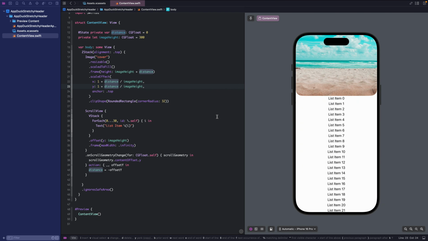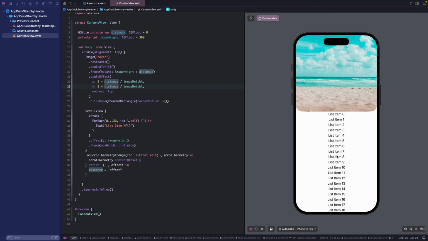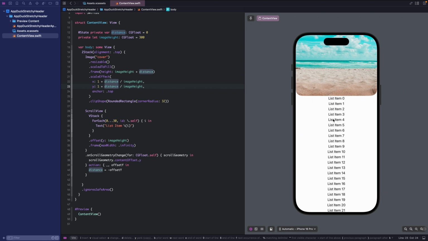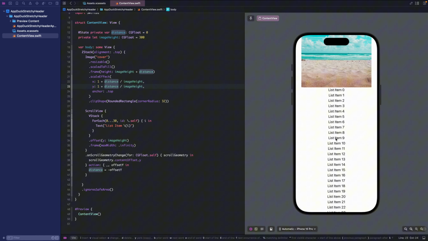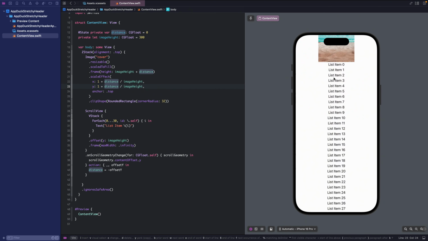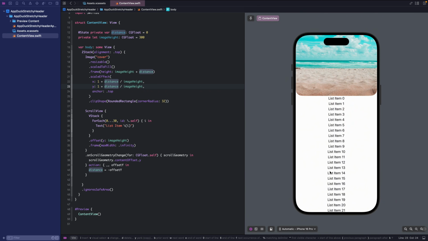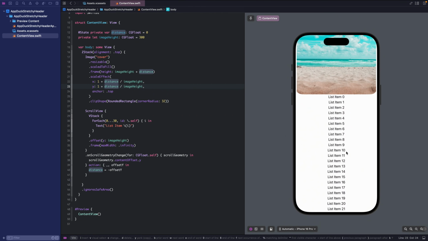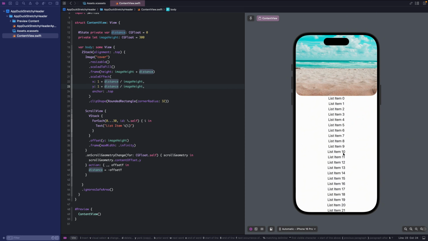Let's fix our remaining issues. You can see our header stretching just fine when we scroll down, but when we scroll up, our image shrinks. And if I scroll too much, our image goes too small, and I would like to limit that.